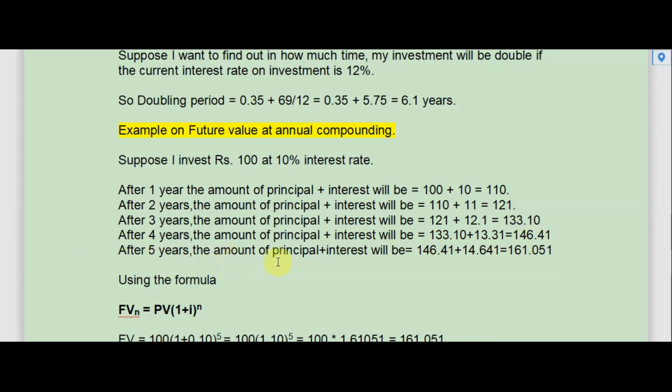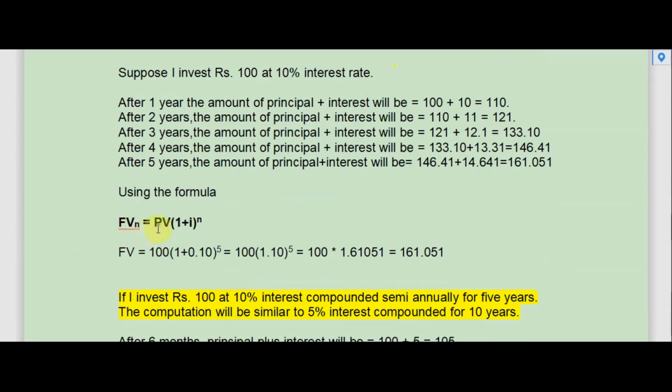After 5 years, the amount of principal plus interest will be 146.41 plus 14.641 equals 161.051. Using the formula FV_n = PV × (1 + i)^n, future value equals 100, because we have invested rupees 100 at 10% interest. So 1 plus 0.10, as i equals 10%, and the period of investment equals 5 years, so n equals 5. So we calculate 100 multiplied by 1.1, this 1 plus 0.1 equals 1.1, whole to the